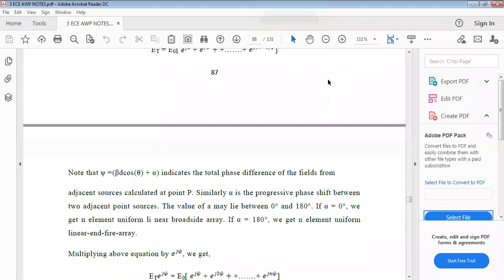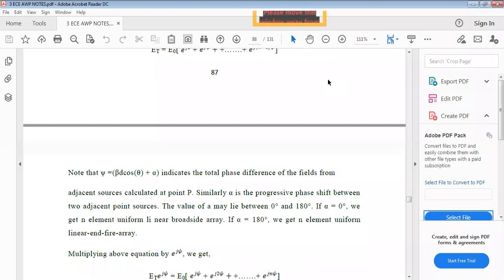From the point of observation P, the separation is always seen with some inclination angle, as d cos phi. Later we find the phase difference due to path difference. Don't follow whatever is mentioned in that material. Simply, the total phase difference is always beta into the path difference. Just remember that relation.